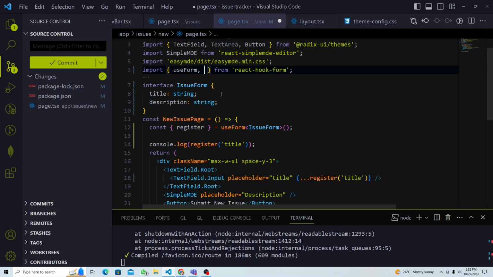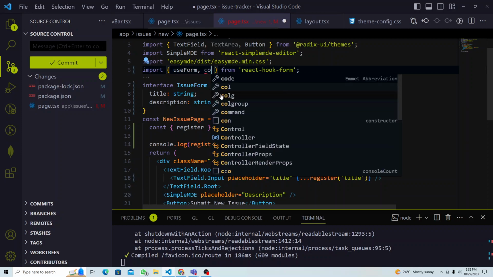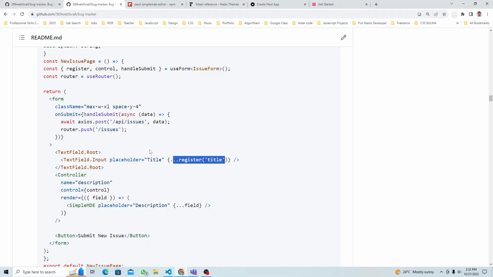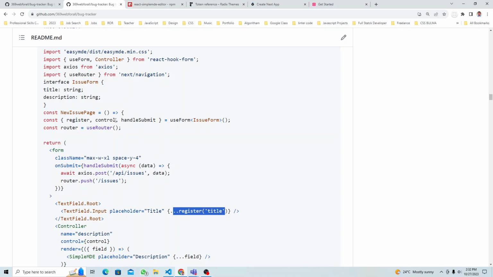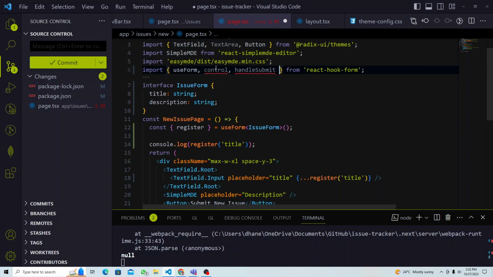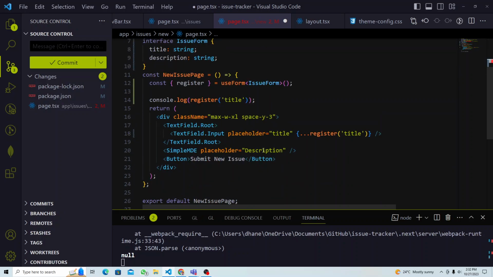Now let's do this. Control, I believe, yeah, control, and that small control, right? So I will just take both. Okay, the control and the handleSubmit also we're going to need later to submit the form. Okay, so that should be control and handleSubmit function also. Okay, so control we have to add here first. So let's go and put